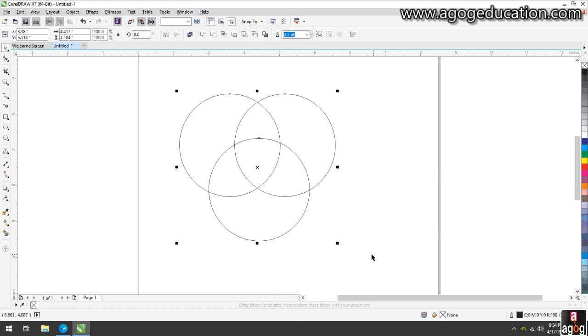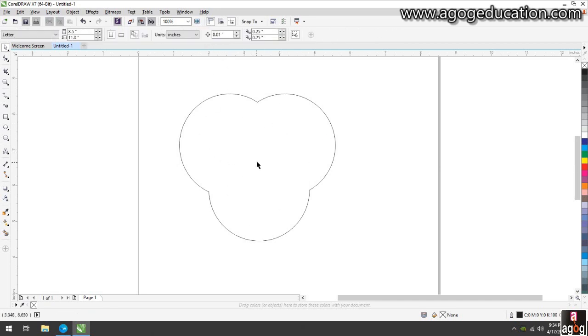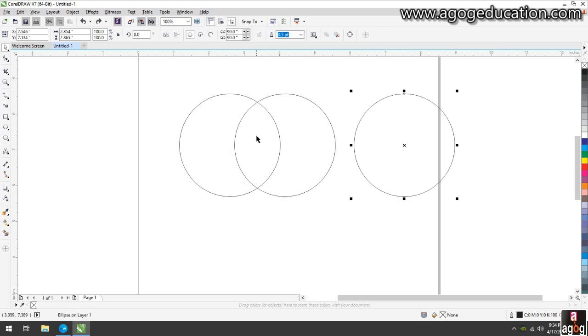Select all three objects and click on weld. Just like iron welding, we are connecting all these shapes into a single shape. Now you will see a single object made by all three objects. That's called weld. You can create different types of shapes using the weld option.